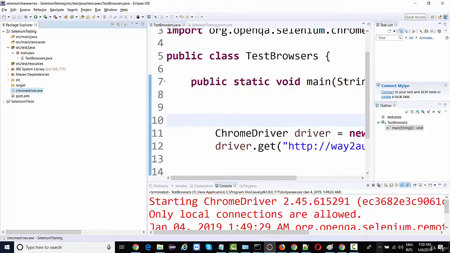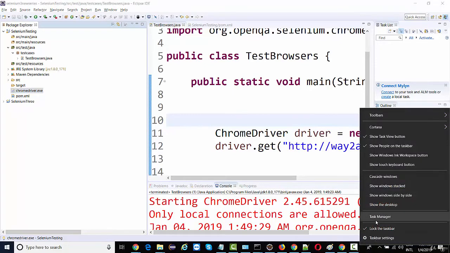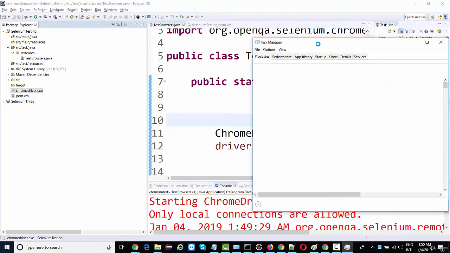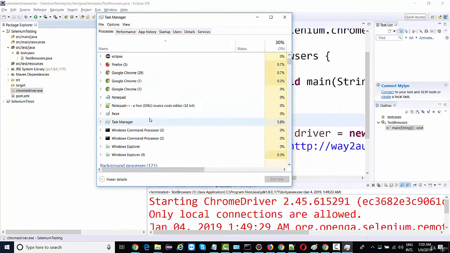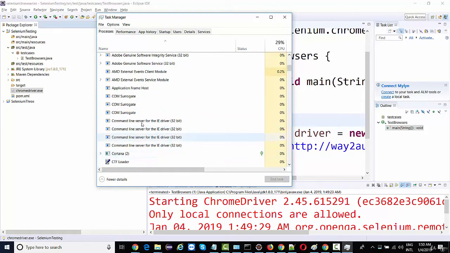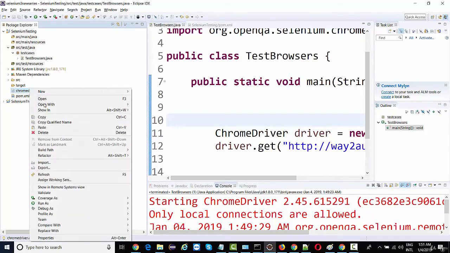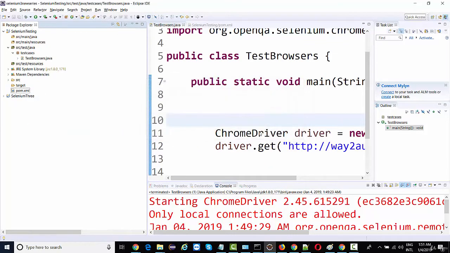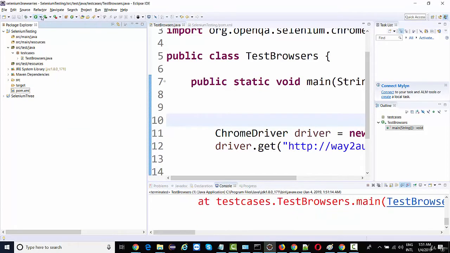It happens, I mean, if you go to your task manager, you may see that at times the processes are not terminated, see, Chrome driver, end task, end task, end task. See, these sessions were already running. At times it is running, so you may not be able to delete that file. So if I delete it now, I'm able to delete it. But now if I run this, it will throw me an exception.